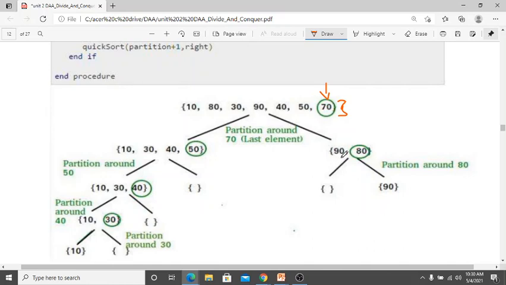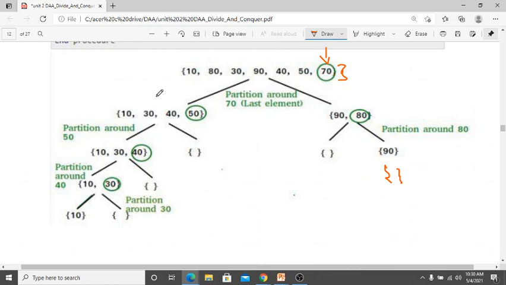So the right-hand side is 90 80 or 80 90, no problem. If you take the right side as 80, then the greater element is placed on the right-hand side. At the left-hand side we don't have anything, so we will not place anything here. If in place of this 80 you write 80 and 90 here, for example, then 90 you will select as pivot, so 80 will come here and the left-hand side will look simple like this. Okay, fine.